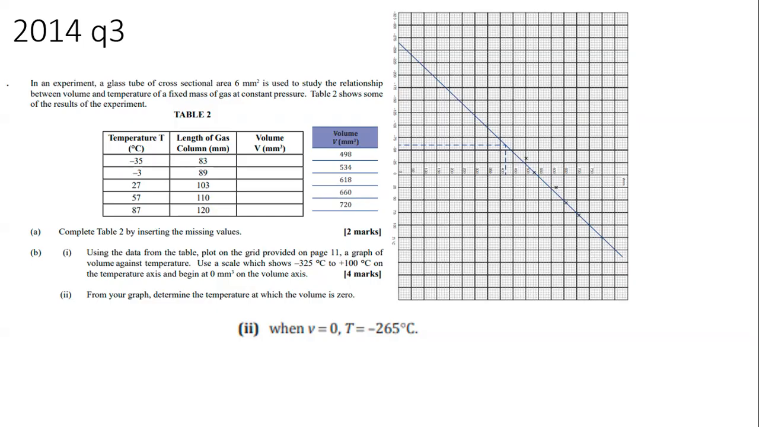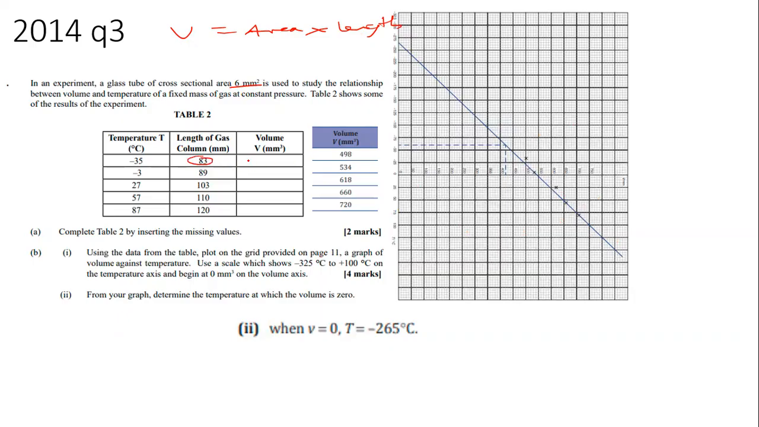So what we're seeing here is that as we're increasing the temperature, the overall length of the gas in the tube is going to increase, and by and large it's going to cause the overall volume to increase. So they asked us to complete the table, to calculate the volume. In this case, volume would be the area times the length. They gave you the area already, so all you would need to do is to go ahead and